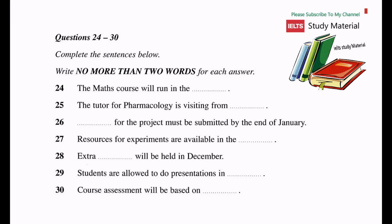And is the presentation what we're assessed on, then? Let me look. It says that we have an interview and we get a mark for the whole course depending on how well we do in that. Oh, right. Okay, so